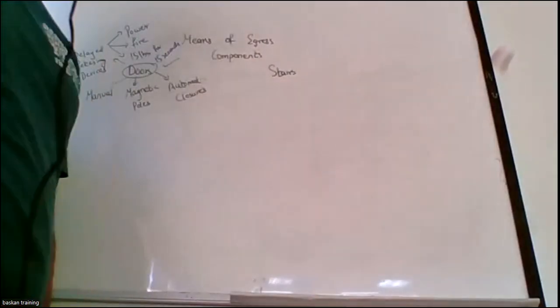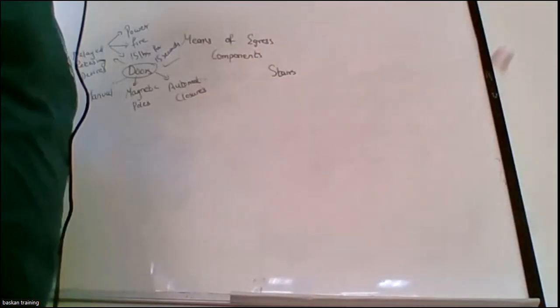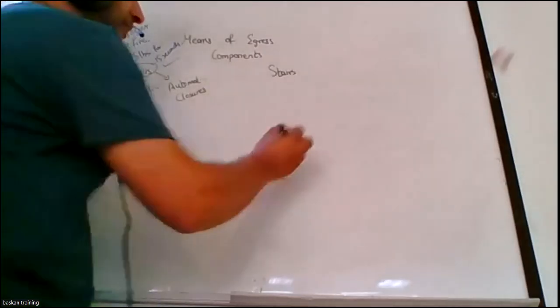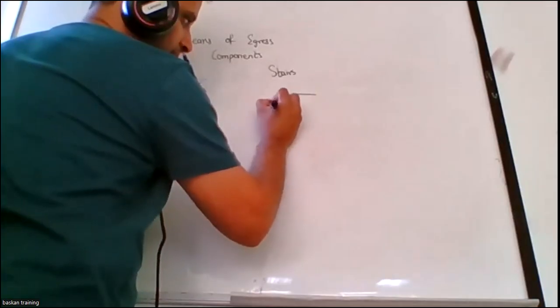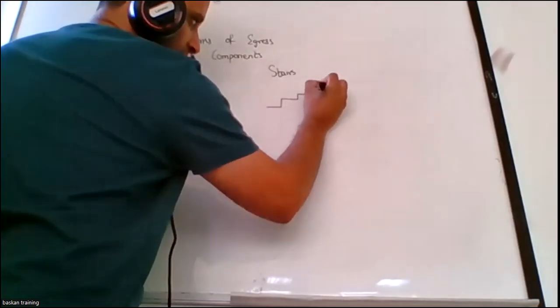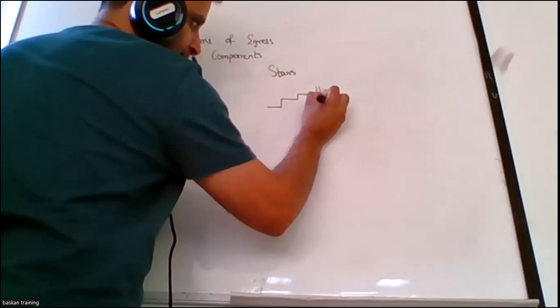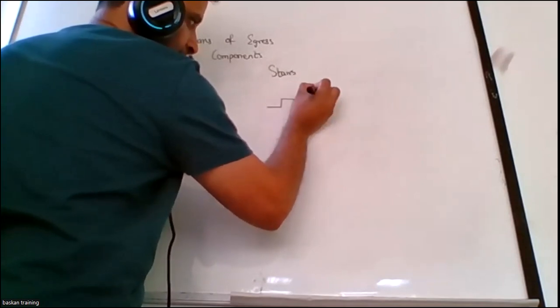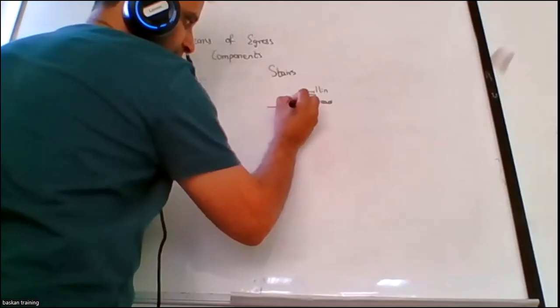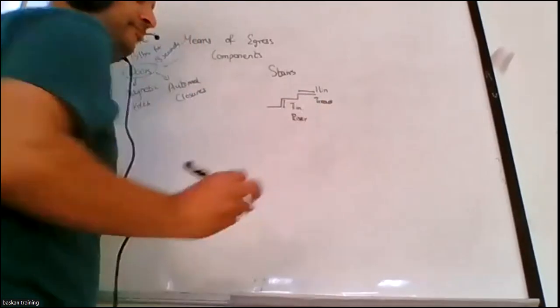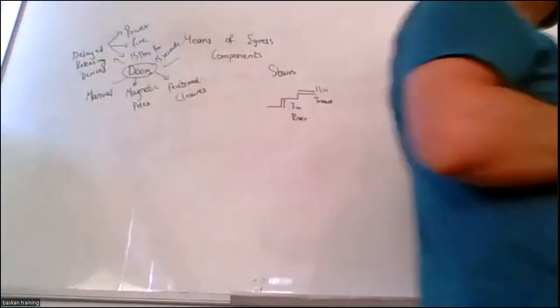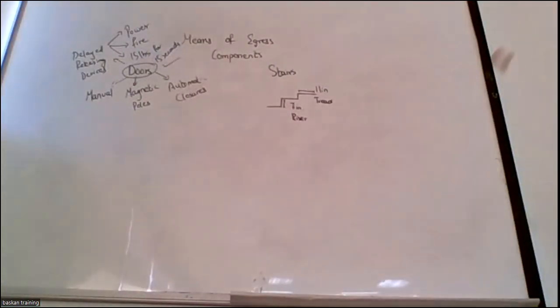Now stairs. NFPA 101 says that stairs can be considered as means of egress. Yes, we can always use them as means of egress. But NFPA 101 says that the best dimension for a stair is an 11-inch tread and a 7-inch riser. These are the best dimensions for stairways so that people can evacuate.